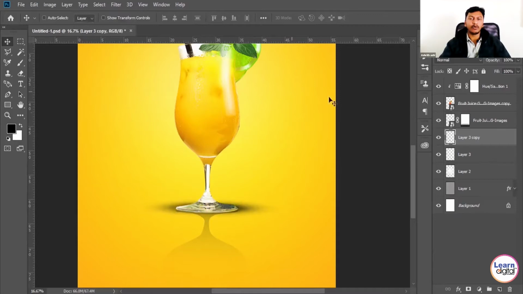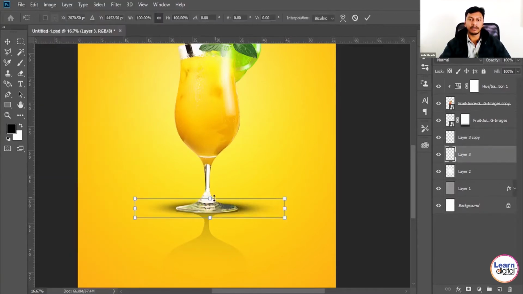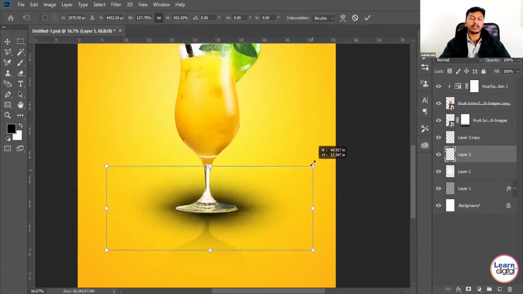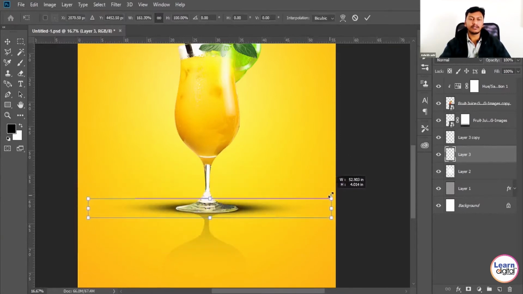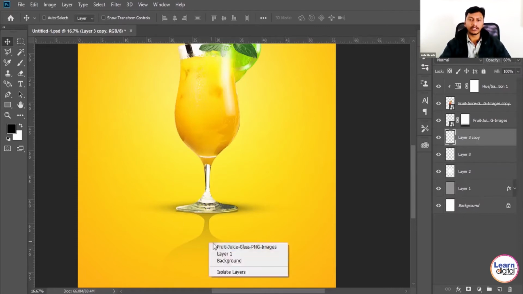So then again, I need a darker one. So that's why I duplicated the same layer and I'm changing some scaling. So resizing, I'm expanding it and I'm just decreasing the opacity of the second layer. So that means a copied shadow. So you can play with intensity, or we call it opacity or transparency of a layer.